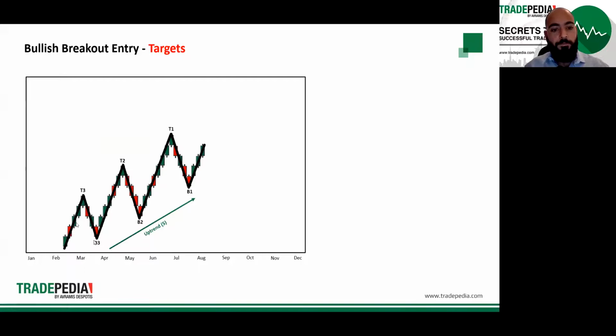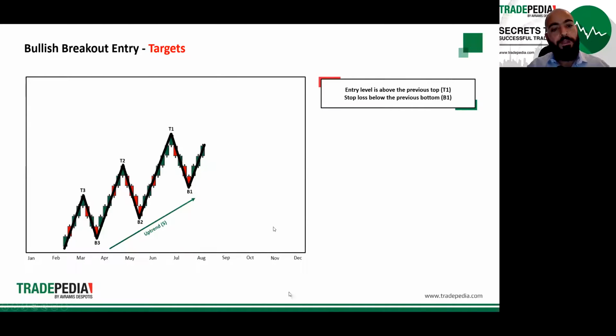What shall I do? Shall I wait for this uptrend to finish, to reverse, and then trade the trend reversal down? Of course not. Although the best entry strategy is to be able to trade the trend from its beginning, the trend will continue for a very, very long time. So we should take advantage and trade the trend. That is why the breakout entry is another entry strategy that will allow me to trade the continuation of the trend. Whenever I see an uptrend with this pattern like that,